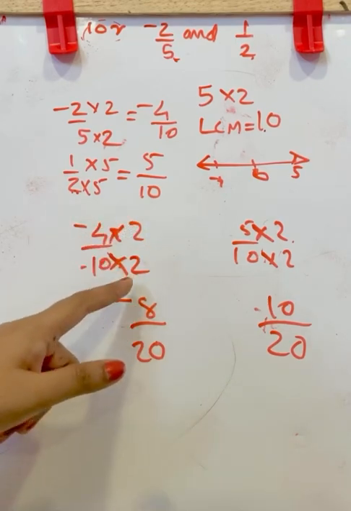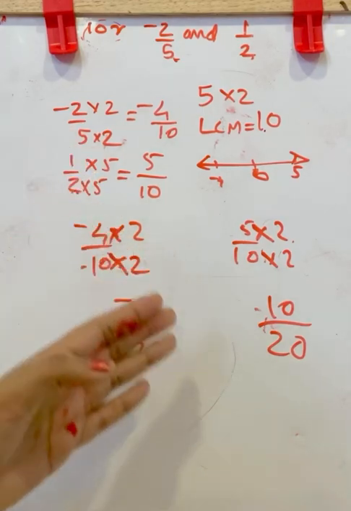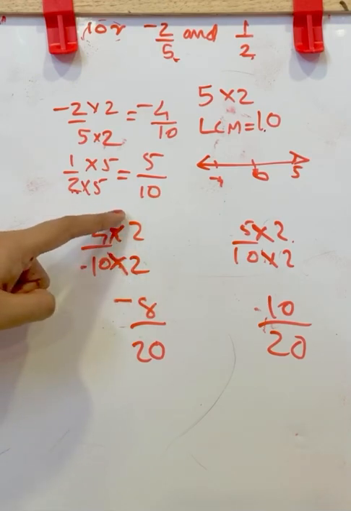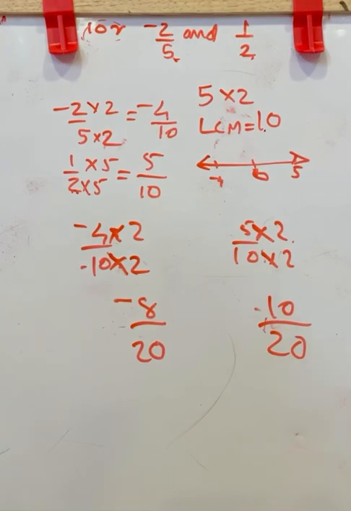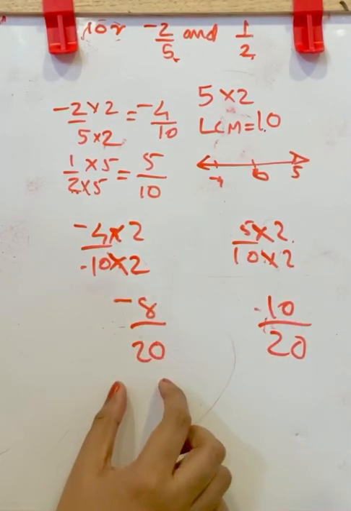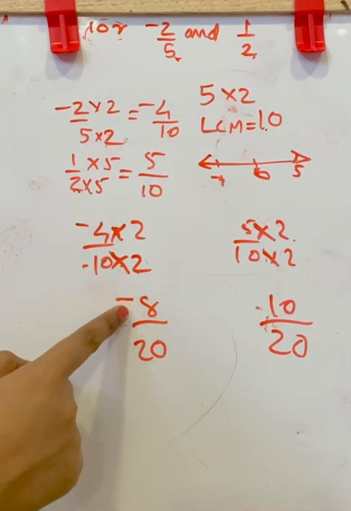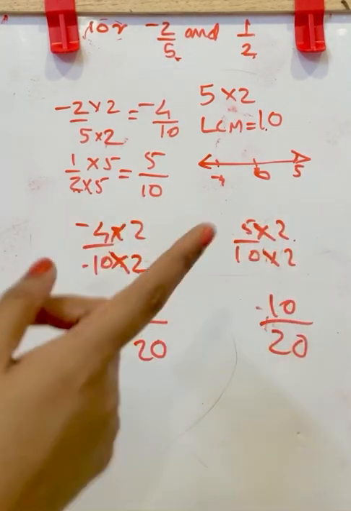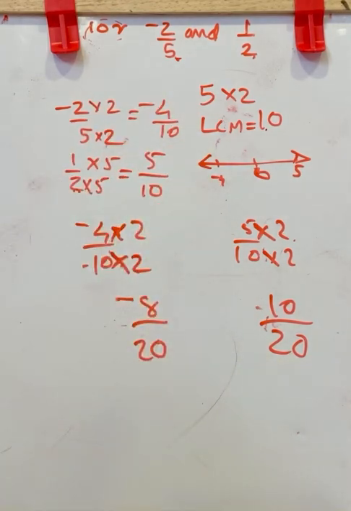Or you can multiply like this with any digit. That is, here we are multiplying with 2. If you want, you can multiply with 3, 4, 5. Any digit you can multiply, but make sure that you are multiplying with both numerator and denominator in this fraction and this fraction. Don't forget to multiply here, because only then will these denominators become the same. If you are multiplying anything with the denominator, you should multiply it with the numerator also. So either you can use any digit, or you can simply multiply these with 10.